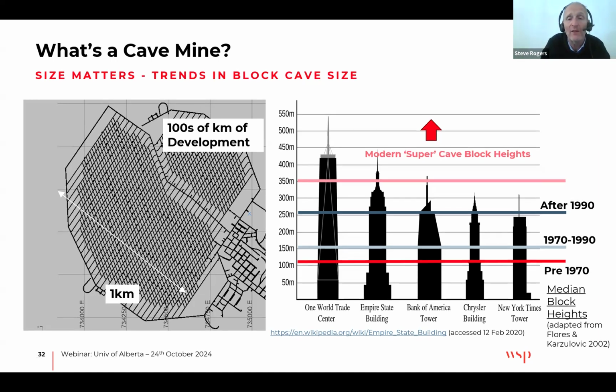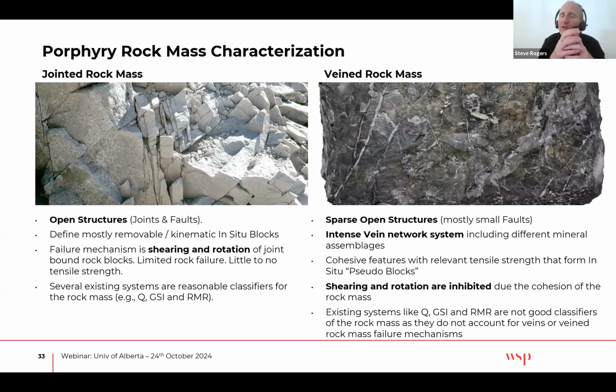And really, that's one of the reasons we got involved, was there was an awful lot of very disappointing results from caving. And it turned out, to some extent, the fundamental rock mechanics was not right. So if we think about